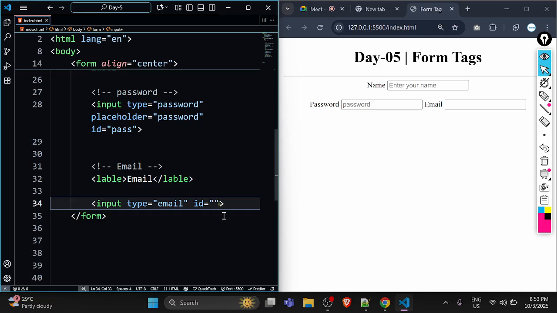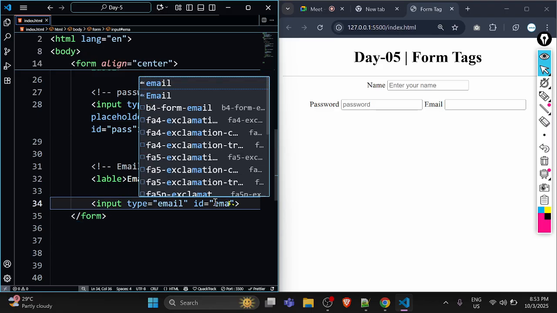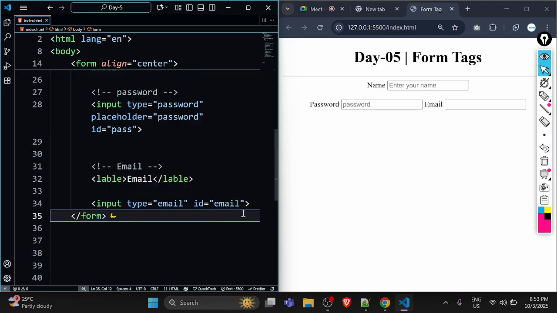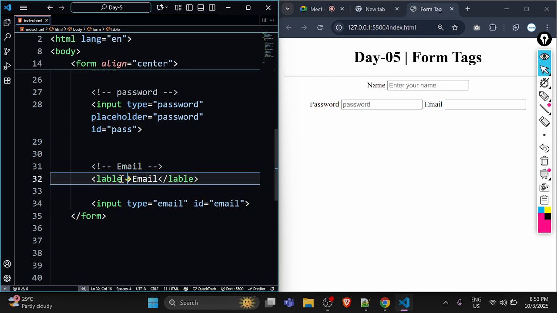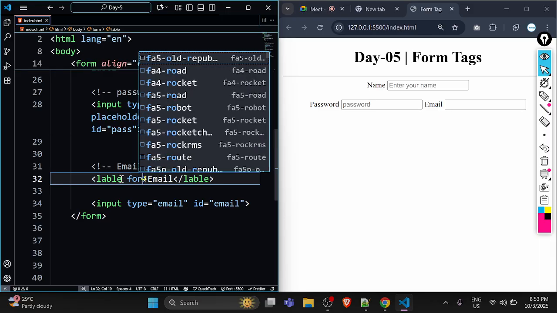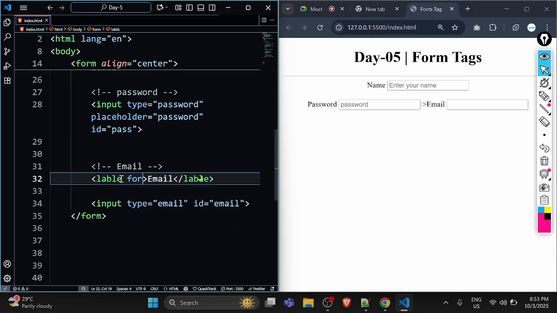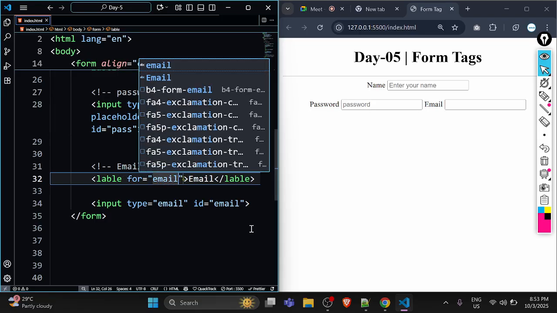Here I can mention the ID, which is the same as email. ID we can give any. Why are we giving ID? So that this label and this input field can interconnect. So in the for I will mention the ID name, which is email. So when someone clicks on email,